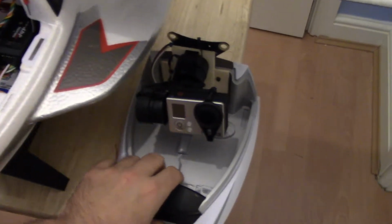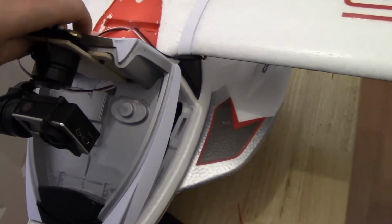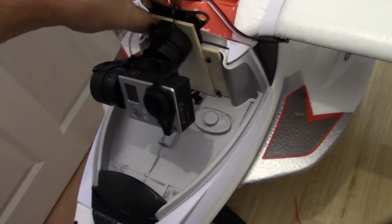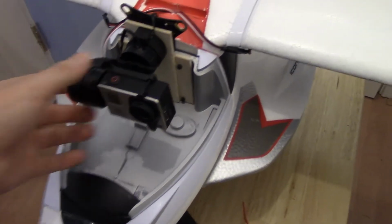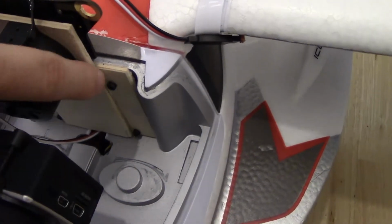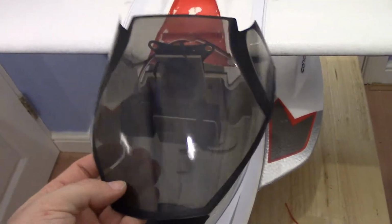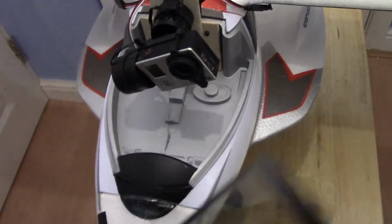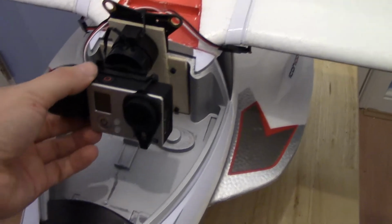And the other thing that you've probably been staring at all the way through this is my latest modification, which is my spare cockpit. And this is my FY G3 brushless gimbal, custom mount that I've made with a bit of plywood, nothing too rocket science, gorilla glued onto another piece of plywood, bolted into the back of the bulkhead. Obviously the cockpit comes with this. Literally you just unpop the glue around it. It's fairly soft glue anyway, take that off. Not the most aerodynamic of things, but anyway,